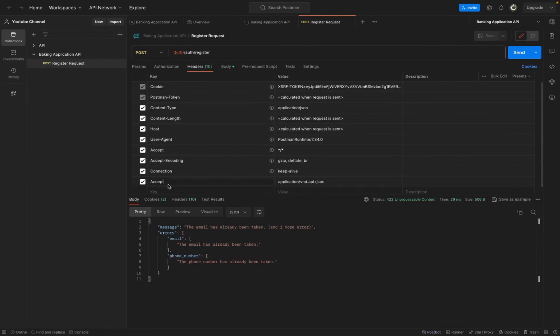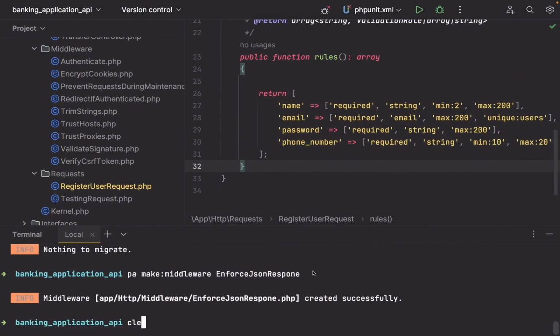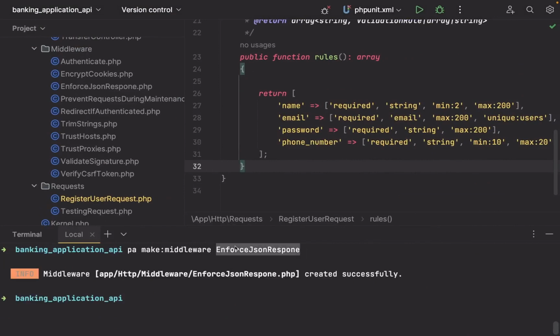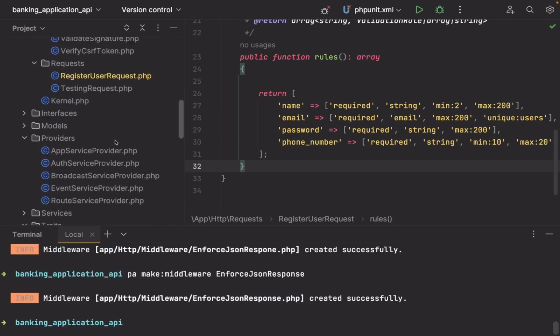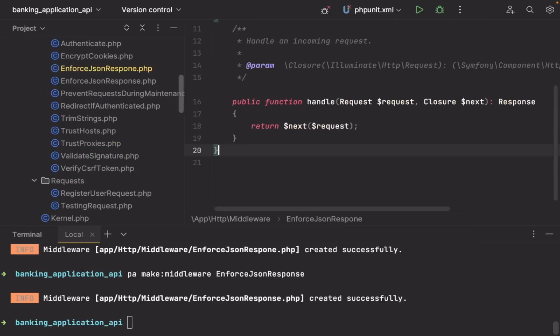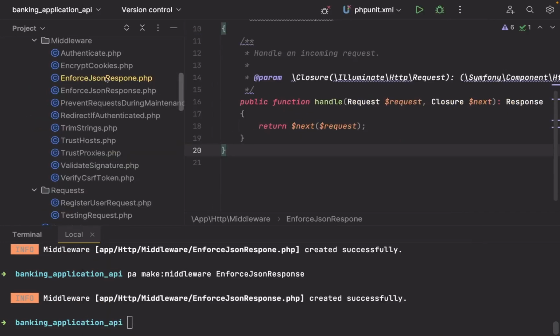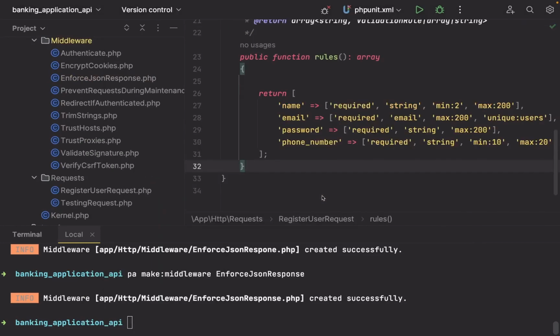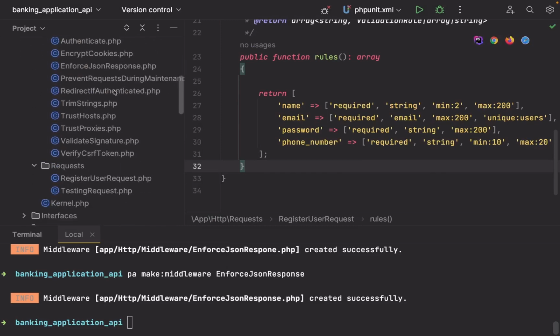So we make a middleware, call it enforce JSON response. No, that spelling is wrong. So let's delete the one where the spelling is not correct. Call it enforce JSON response. So what we are going to do now is check if the current request route is not null,